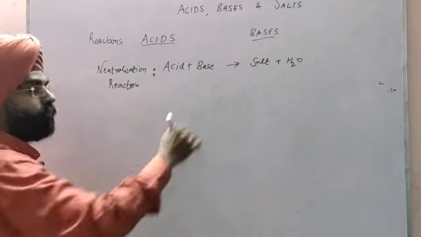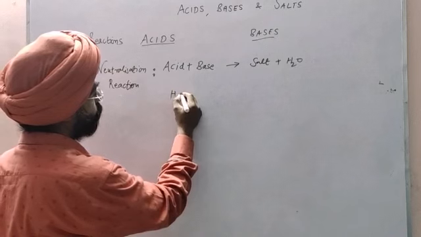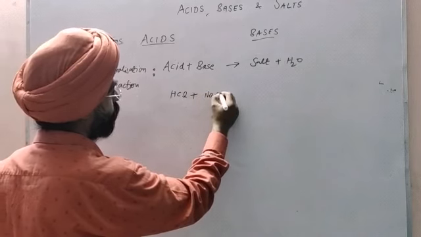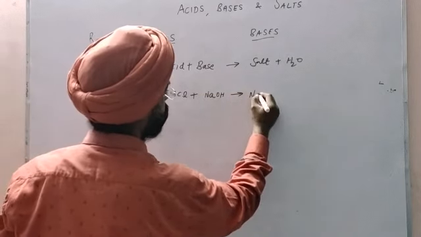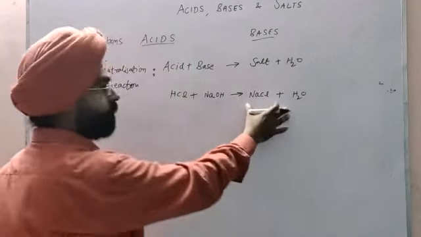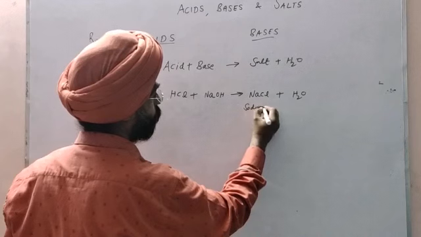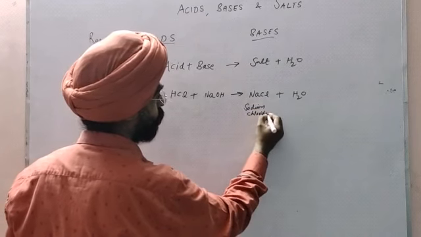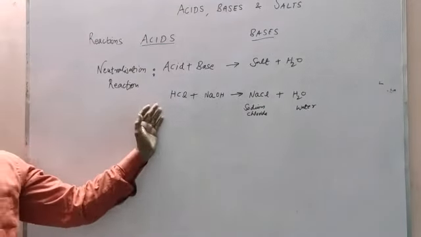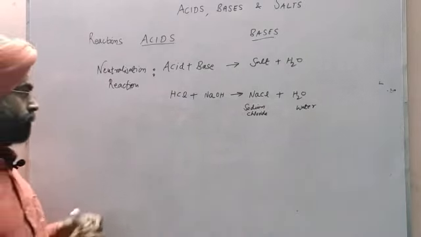Because acid and base react together and form salt and water. Neutralization takes place because, take any strong acid like HCl and any strong base like NaOH, they will form NaCl, sodium chloride salt, and water. So there is nothing acidic or basic left; sodium chloride is a salt, and there is water. So the basic idea is that acid plus base react to form salt and water. This reaction is called a neutralization reaction.